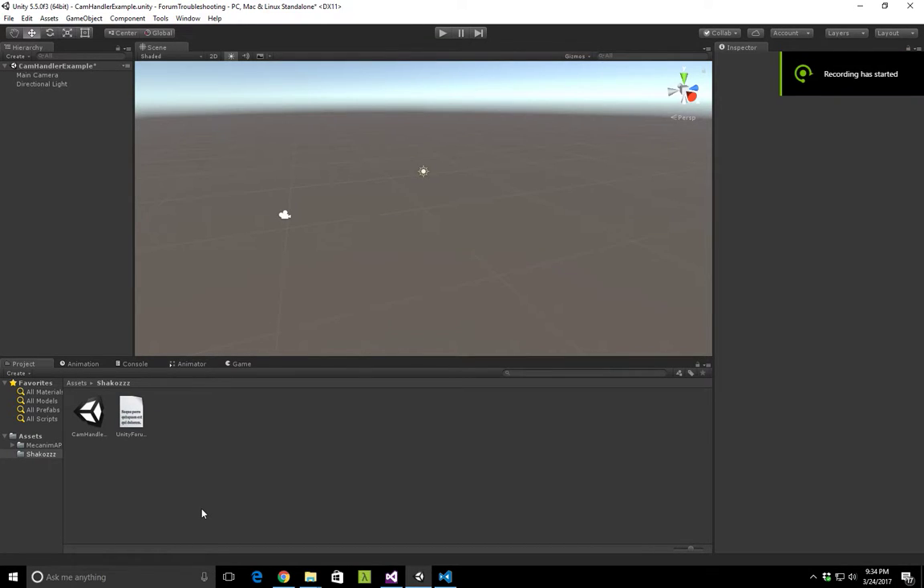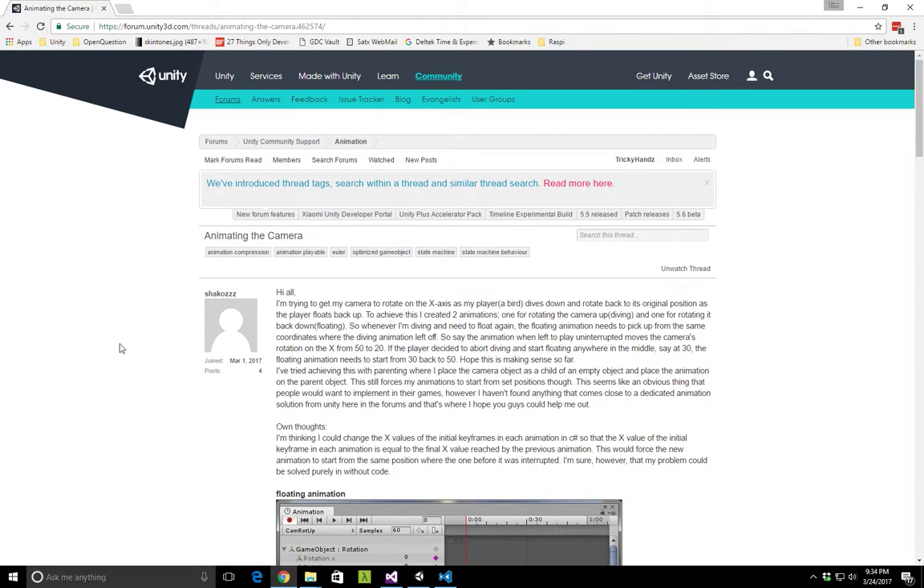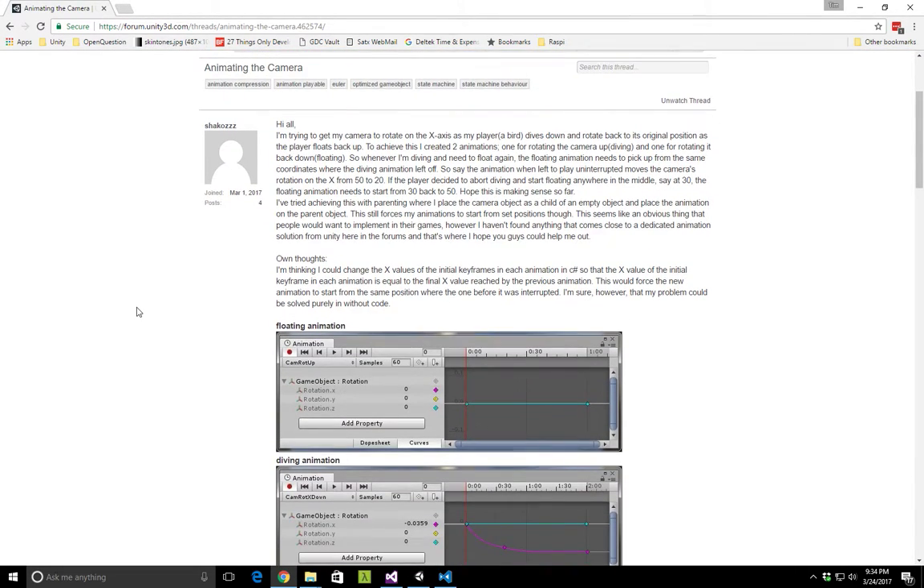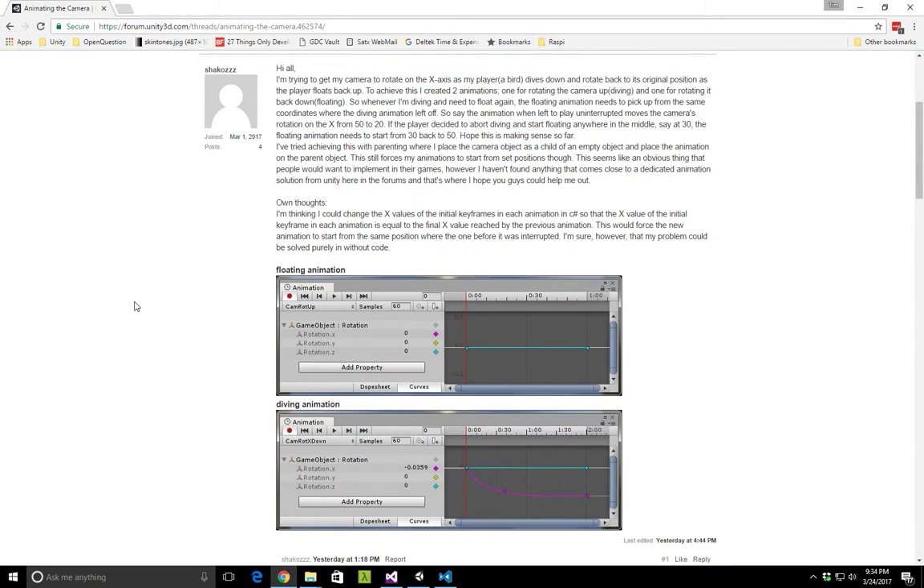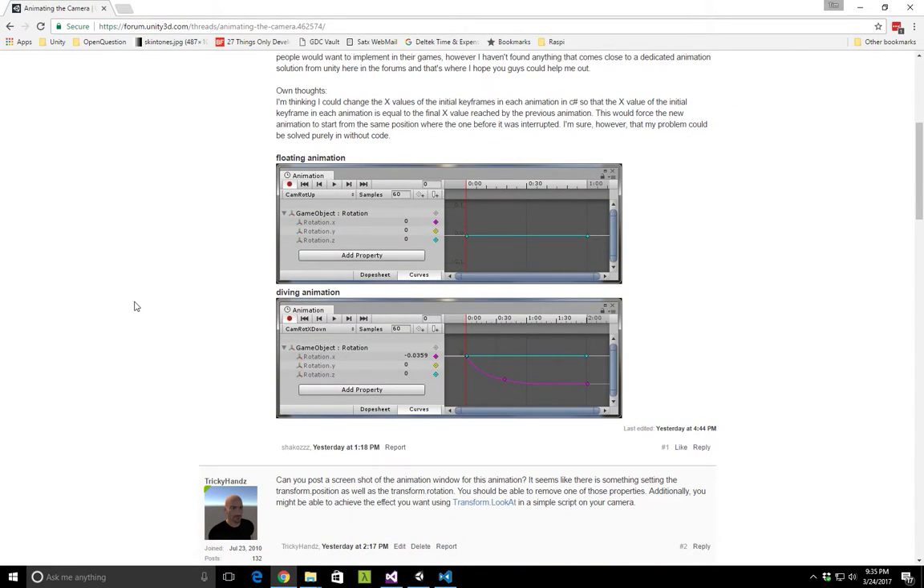Hi, this is Tricky Hands, and this video is in response to a question that was asked on the Unity forums by a user named Shakaz. Here is the thread here, and I'm actually going to put the link into the package that I'll do for this. The question that was asked here was about interpolating camera positions or camera rotations between one rotation and another